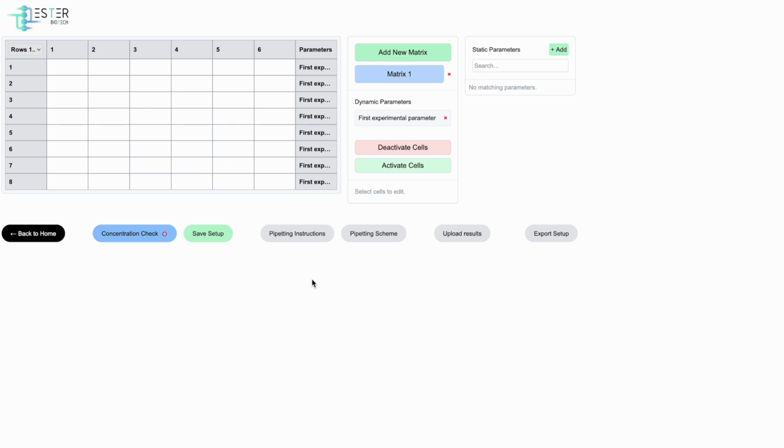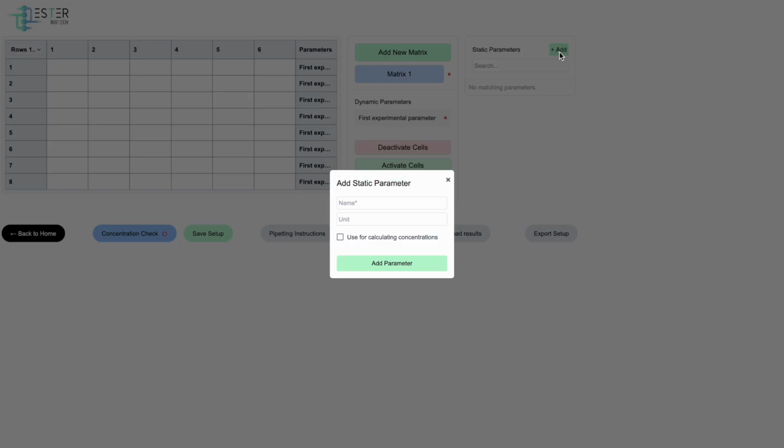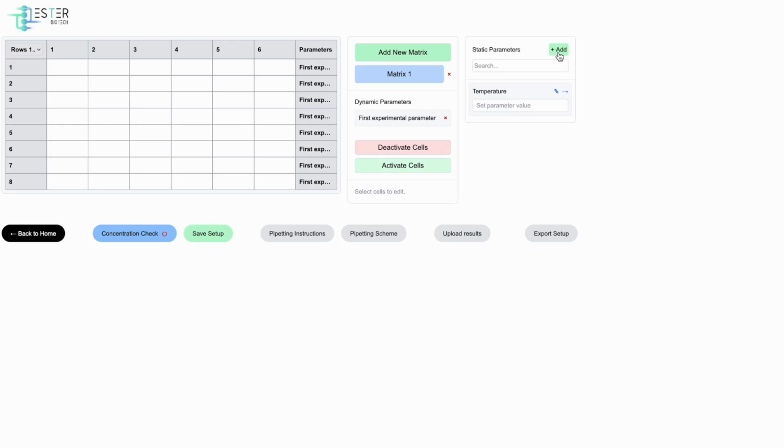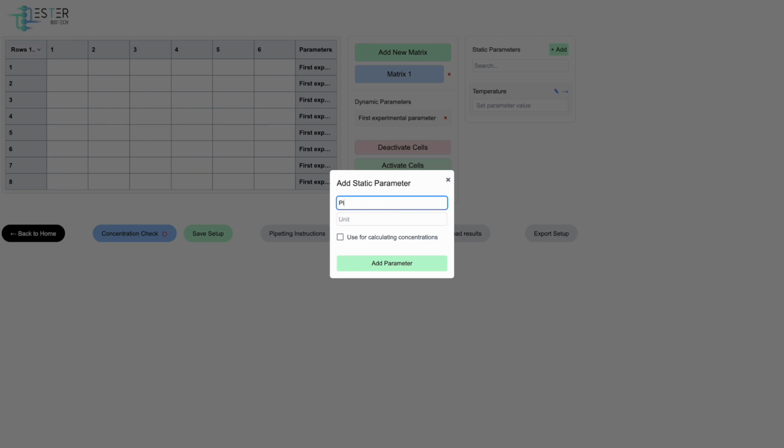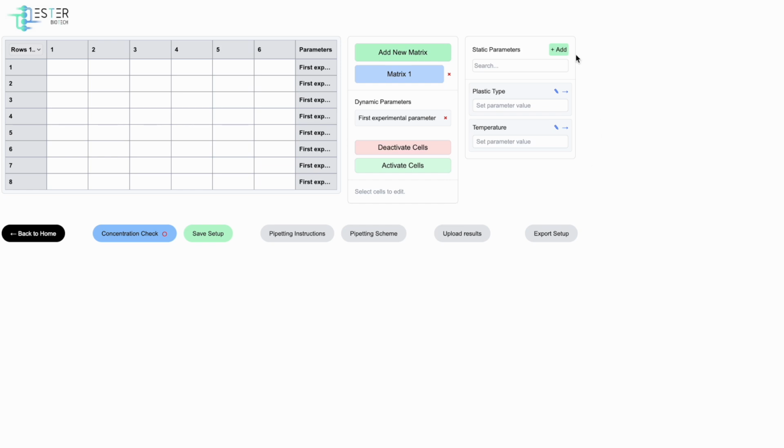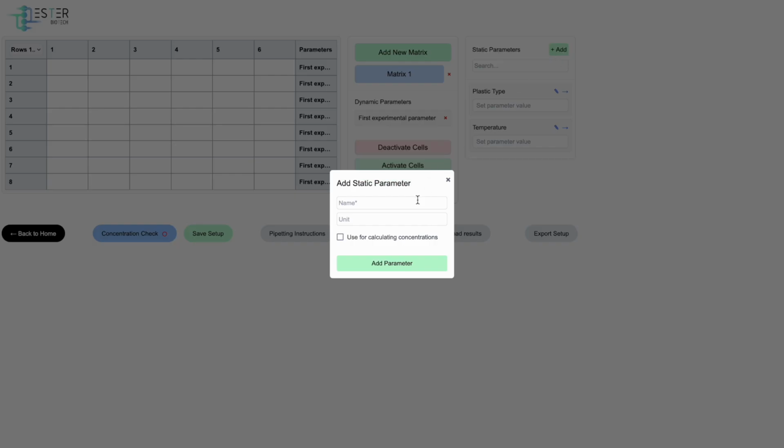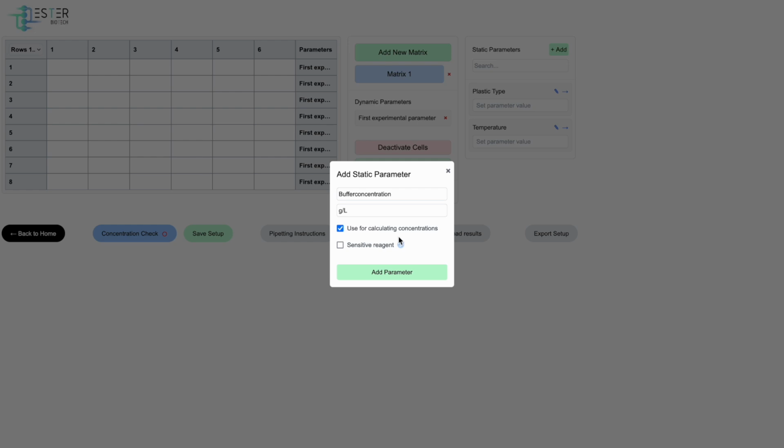Okay, so first I am defining the experimental parameters for the experiment. For the example, I will show the use case of our company. So first we have the temperature in Celsius degrees. Then we have a plastic type, which doesn't have a unit. And we want to vary the buffer concentrations. So the buffer concentrations are in grams per liter, and now where it gets interesting, we want to use this